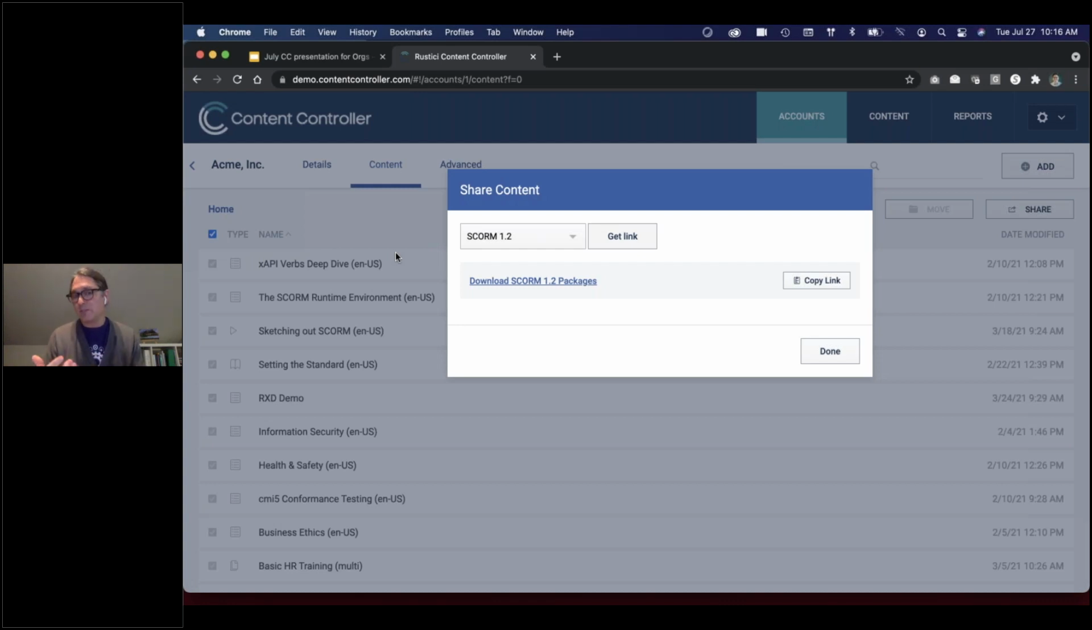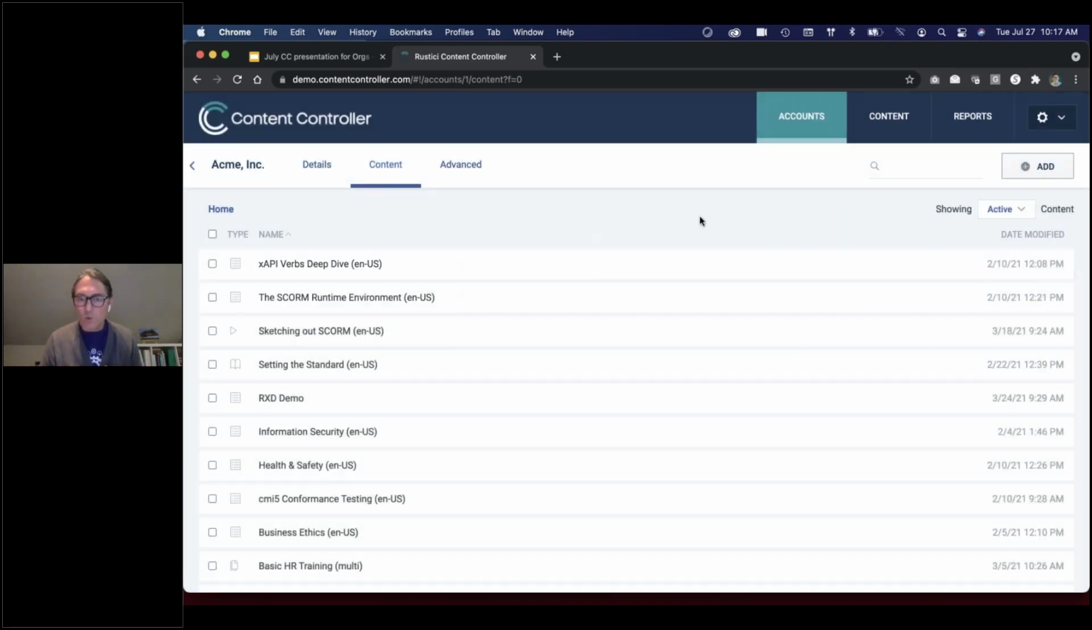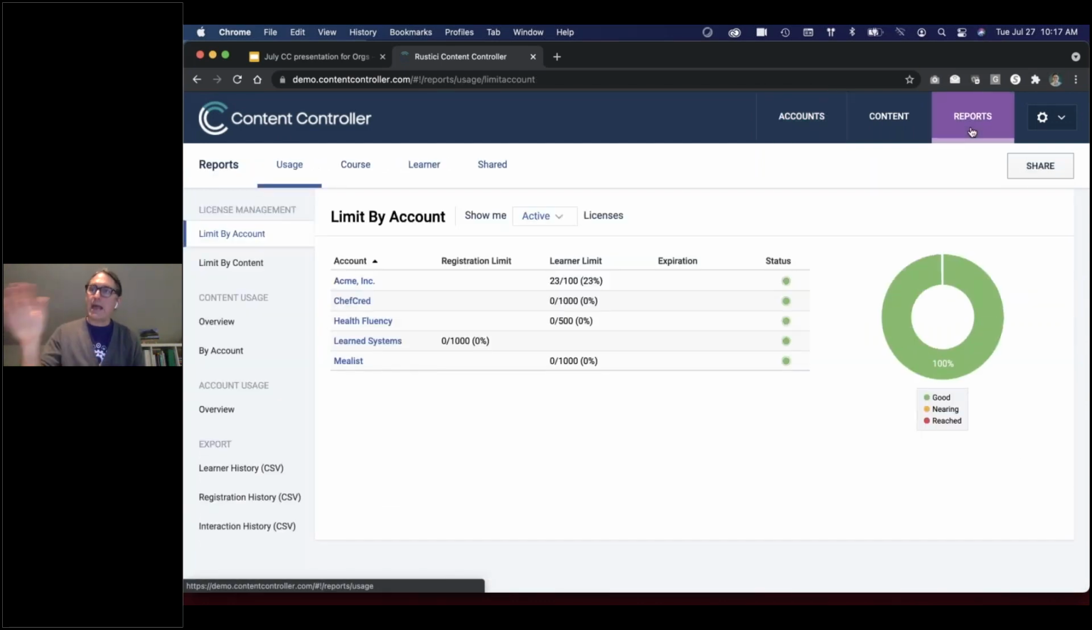But then when one of these proxy packages is launched, the LMS will open up a new window and we will load your content inside of that window. Now, technically, Content Controller's player is present inside of that window along with the LMS's player if we're talking about the SCORM standard. And so what will happen here is that as the user is progressing through the content, we're going to be collecting all the course data in Content Controller